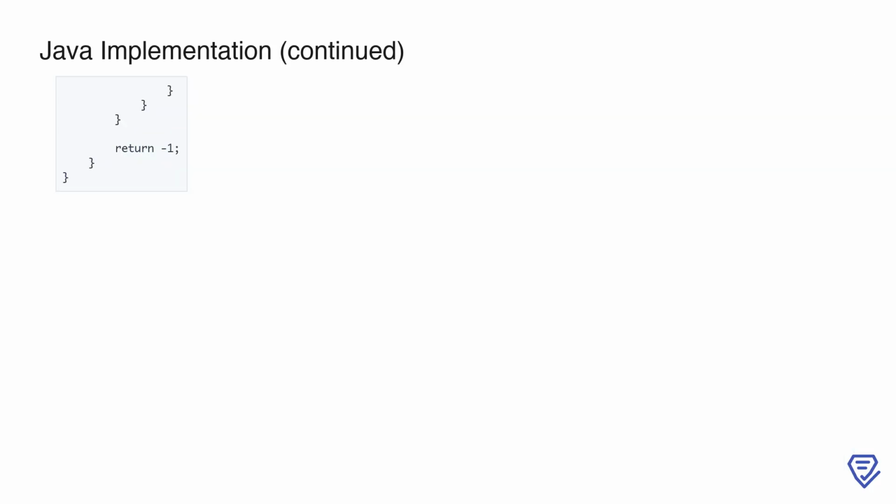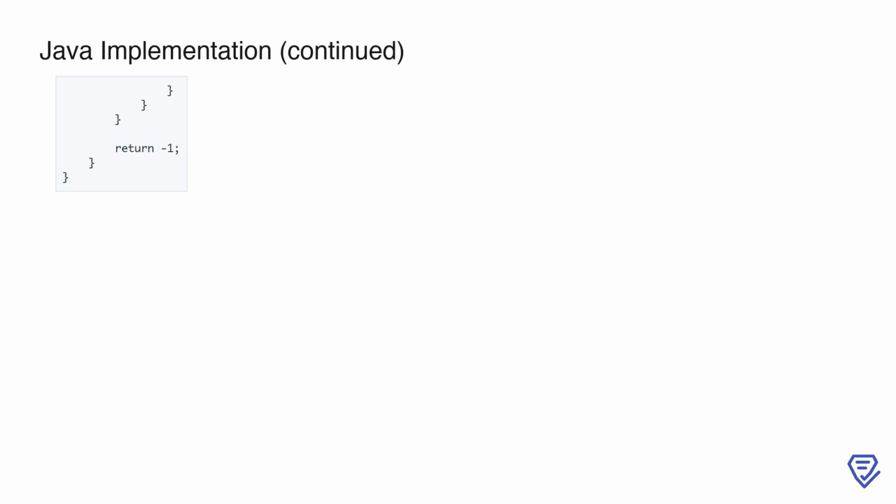Finally, if the queue is exhausted and no valid solution is found, we return -1 to indicate that it's impossible to move the box to the target. This concludes our implementation. The algorithm ensures that all possible moves are explored systematically, while the use of visited states prevents unnecessary recomputation, keeping the solution efficient. This approach effectively combines BFS for both the player's movement and the overall box pushing process, solving the problem within